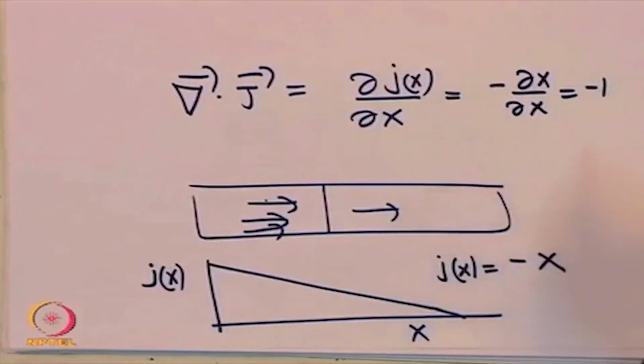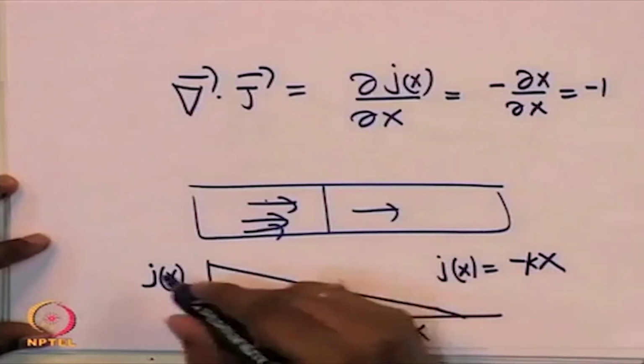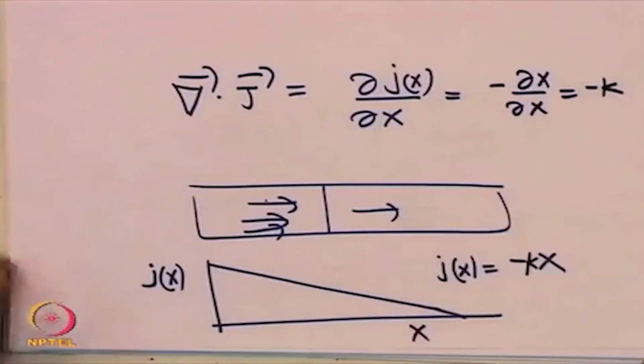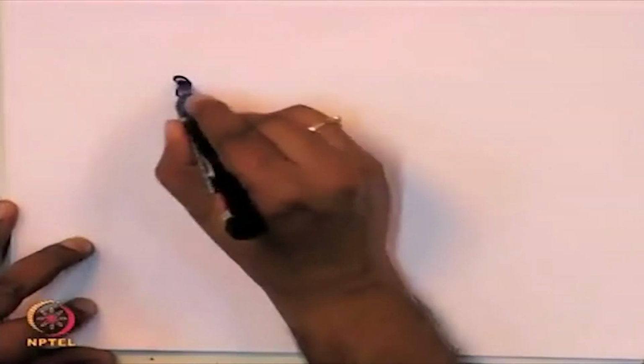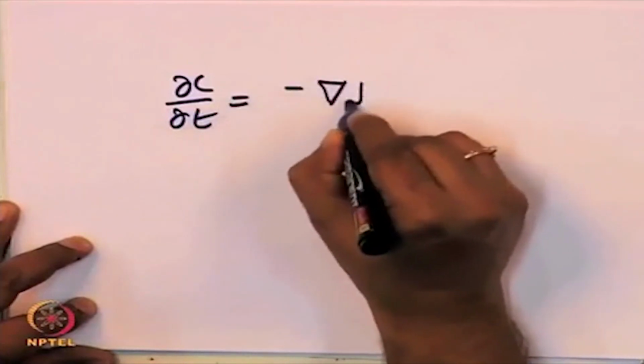This is minus 1. So, if you want, I can write this as k x, where k is a slope. So, this will be minus k. So, there is a constant decrease of del dot j. Now, if we look at this equation that we just wrote, that del C by del t is minus del dot j,